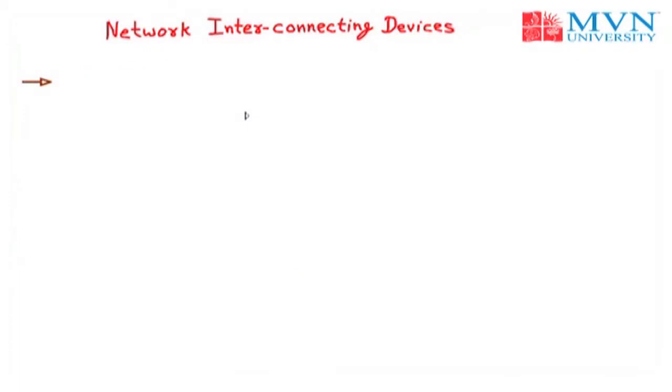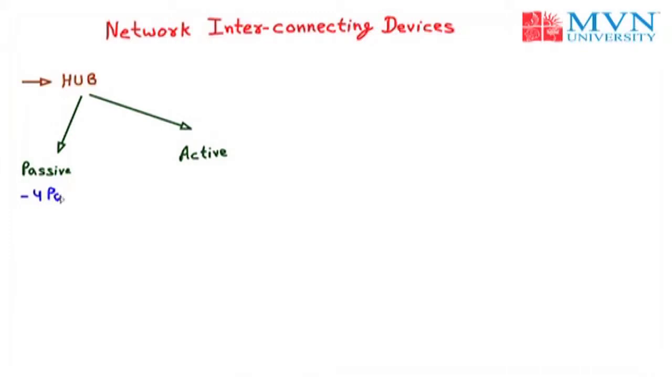So next type of network interconnecting device is hub. Hub was the most popular device for network interconnection, but that is not present in market now. The reason is it contains the physical connection. Well, we divide the hub into two parts. The first one is the passive hub and second one is the active hub.